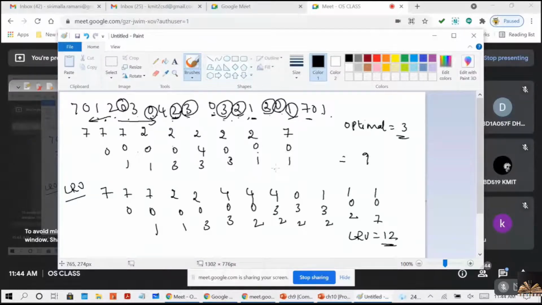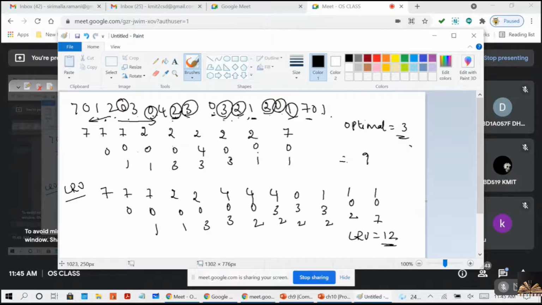What we can do is, with each page table entry, a time of use field, and add to the CPU a logical clock or counter, right? So the clock is incremented for every memory reference, whenever a reference to a page is made, right? Then based on the count of how many times we referred, the number of page faults will be calculated, right? So this is how it can be implemented, guys. Right? So this is all about your page replacement algorithms.